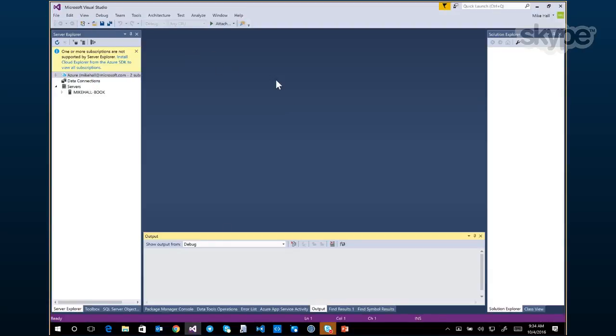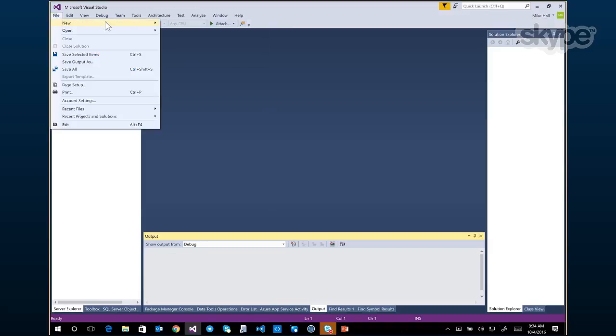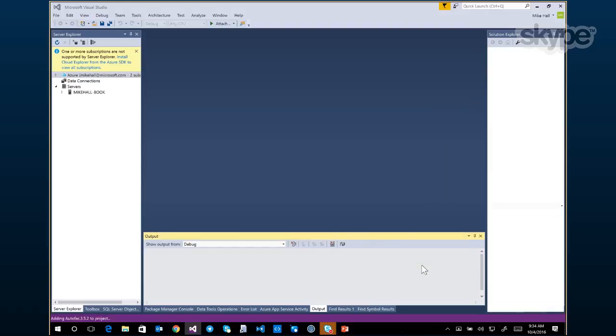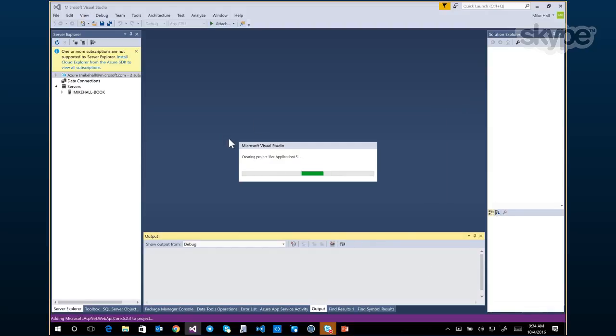Okay, so this is Visual Studio 2015. I've already installed the bot framework app template, and you can simply download this from botframework.com. I've also installed the bot framework emulator, which we'll see in just a second when we start using our bot. So if any of you are Visual Studio developers, this seems like a very natural thing to do: file, new, application, and I'm on C# and I'm choosing bot application. I'm going to go with the default name of bot application 15. Why not? And this will generate the base code for the bot.